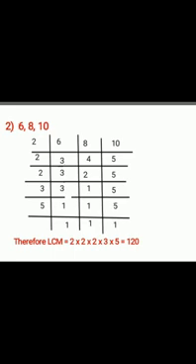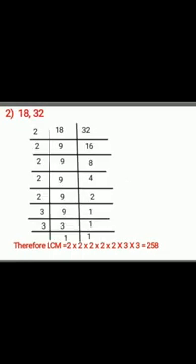So you will take 2, and you will write 3 as it is. Now for 4 you will write 2 twos are 4. 5 you will write as it is. Again there is 2 there, so you will write 2 ones are 2. 3 you are going to write as it is, 5 as it is. And then 3. 3 is divisible by 3 but 5 is not divisible by 3. So you will write 5 as it is, and for 3 you write 3 ones are 3. Now what is left? 5 is left. So 5 ones are 5. Therefore LCM of 6, 8 and 10 is 2 into 2 into 2 into 3 into 5, which is equal to 120.